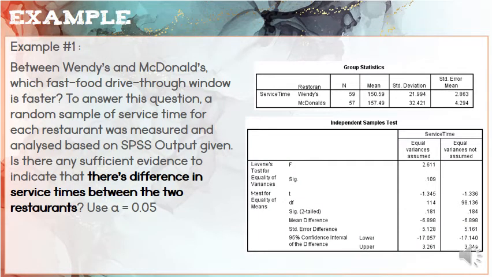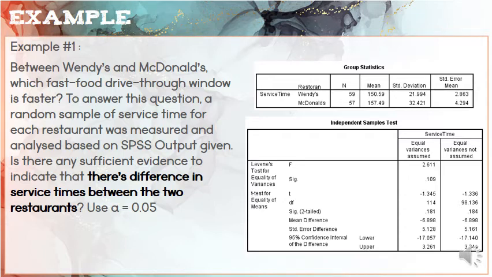So let's look at the first example. Between Wendy's and McDonald's, which fast food drive-thru windows is faster? To answer this question, a random sample of service time for each restaurant was measured and analyzed based on the SPSS output given. Is there any sufficient evidence to indicate that there is a difference in service time between the two restaurants? So here, what you can see is we have two different restaurants, different groups or different populations, Wendy's and